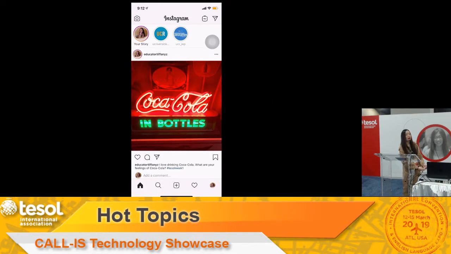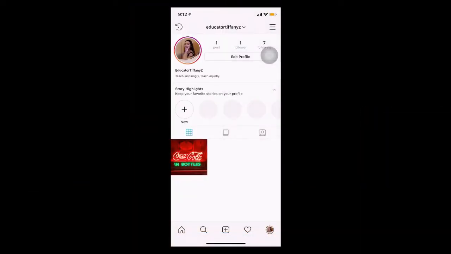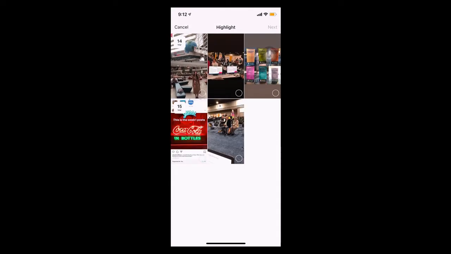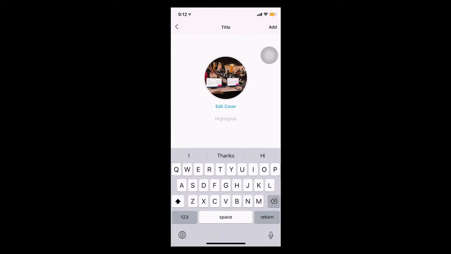So if we go to our home page, click on our profile page, there's an icon that's called New. When you click it, you can see all of the stories that you have posted. You can choose some, maybe this one and that one, and click Next. The students can choose whatever they like. Maybe students record something that they don't like later, so they can just choose whatever they like. And then students can say maybe TESOL convention